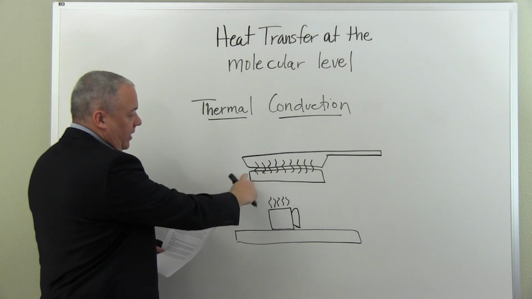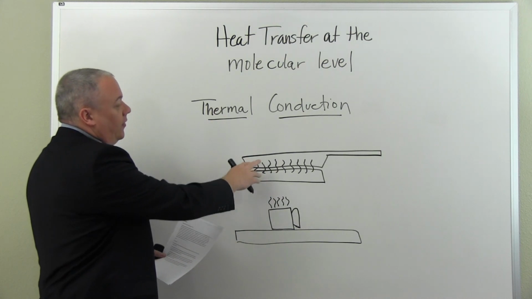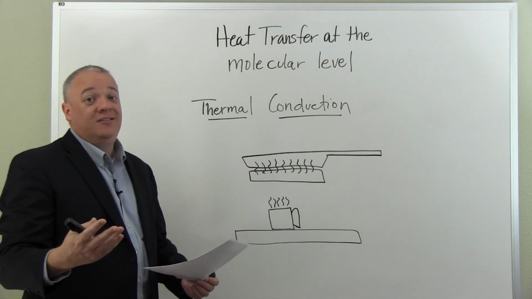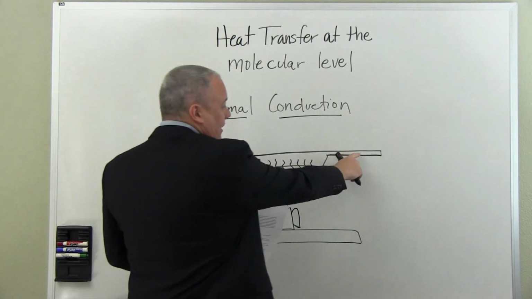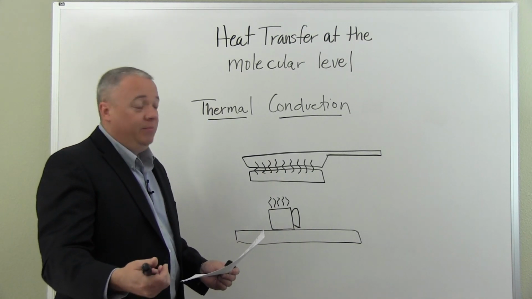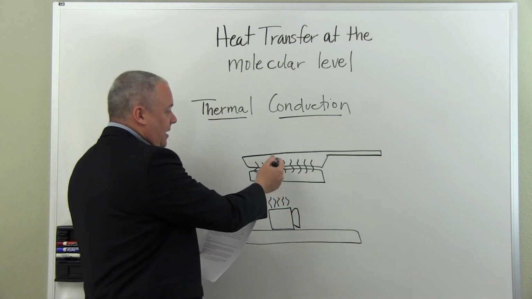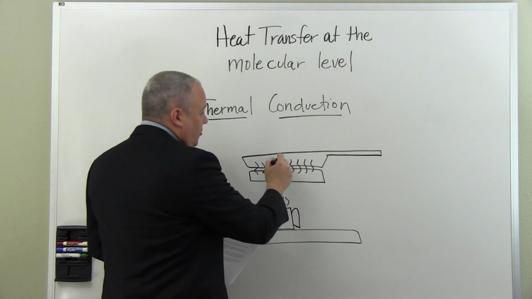In this case we have a frying pan sitting on a stovetop. Heat is being transferred into the frying pan, and here we'll just say it's a cast iron skillet, so it's all metal. At first, the handle out here is cool. It can be picked up with the bare hands, no problem, but the heat that is coming up into the bottom of the skillet is going to be transferred